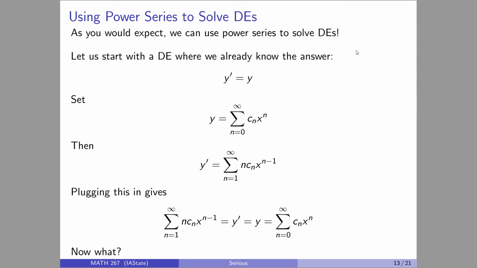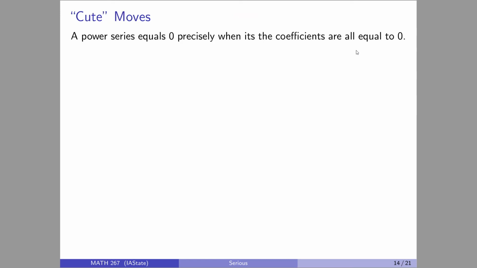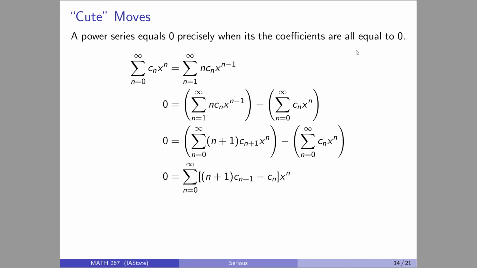So let's get it all on one side of the equation. Specifically, a power series, like a polynomial, can only equal 0 if all the coefficients are 0. So let's set it equal to 0, and we get all of this. I'll unpack everything here. But something I want to note,